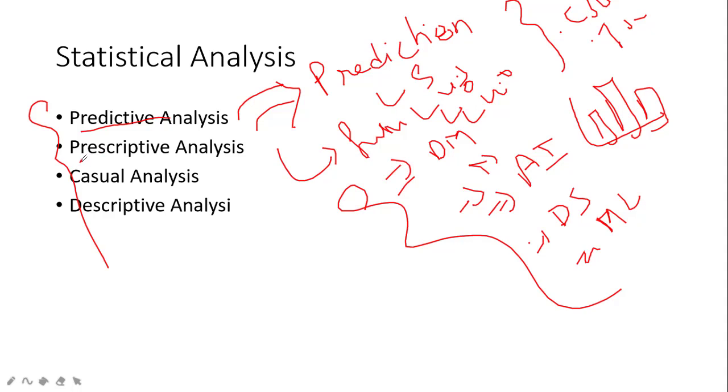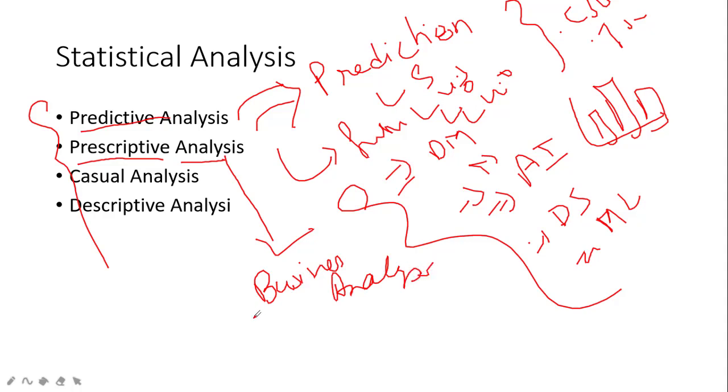Let's move on to understand prescriptive analysis. This is another type of analysis, a common area for business analysis. Whenever you use prescriptive analysis, we call it business analysis, like when we have a lot of data taken from the business perspective, such as stock market data, how many stocks we purchase for a particular company, how many we need to sell, or if you want to purchase some fields, how you need to go ahead next year and what the amount for that particular field will be.